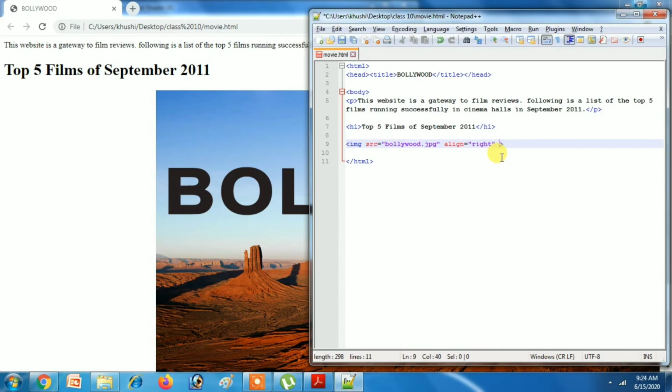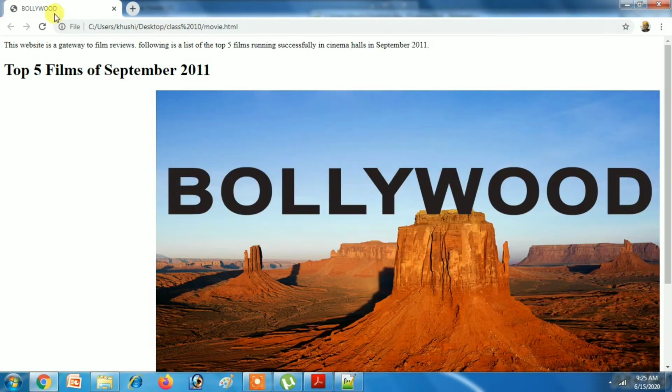Height equals 150, width equals 150. Okay, save it and then refresh.